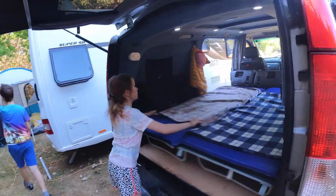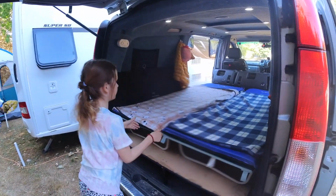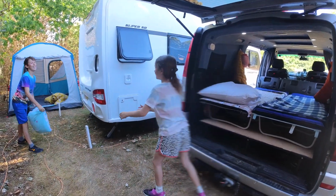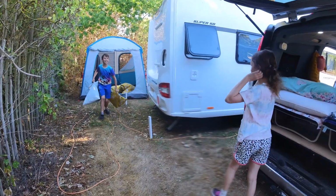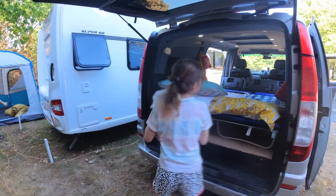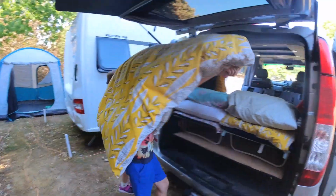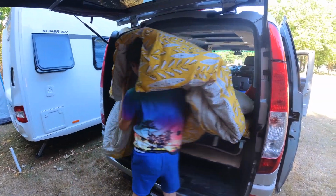And we straighten the blankets like that. And then pillows. They're my pillows. And they're Ethan's pillows. And then next is the duvet. So Ethan's goes on this side, and I come around